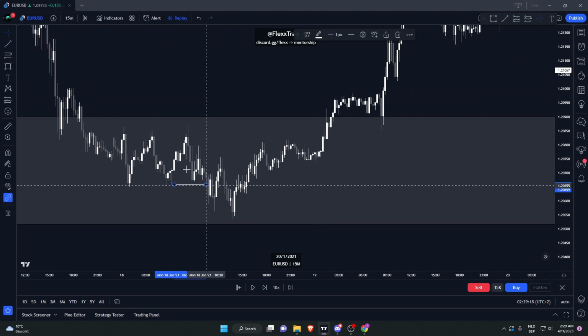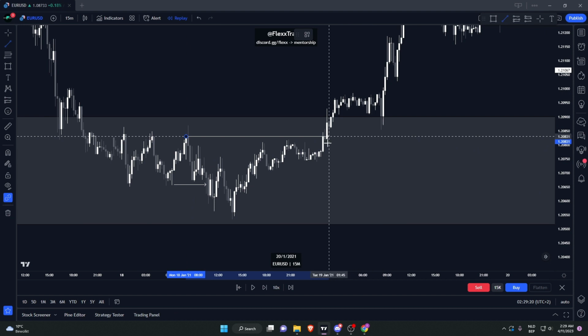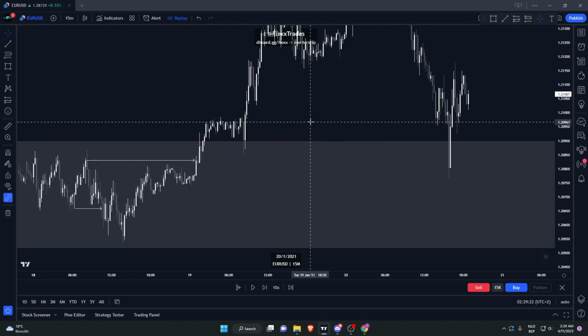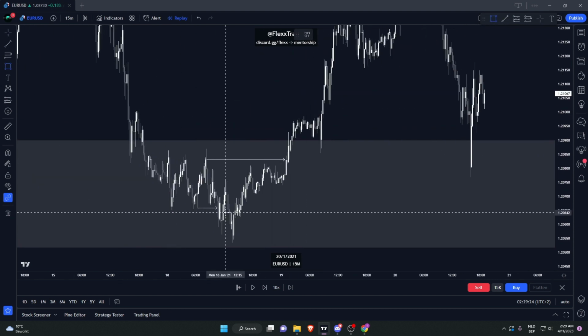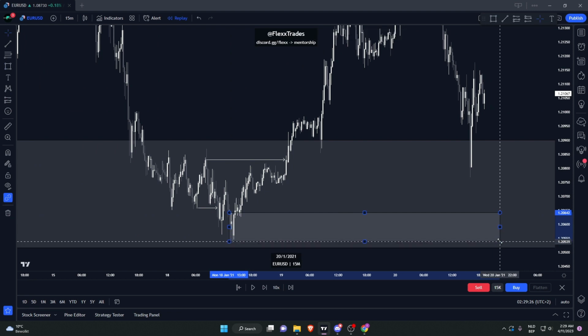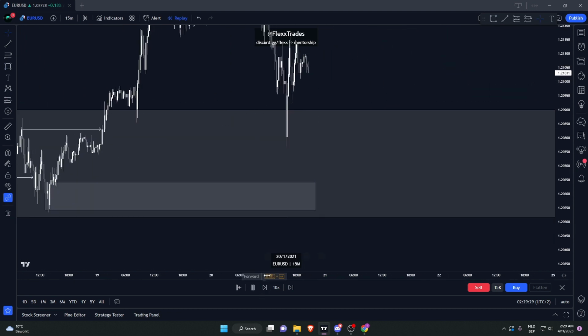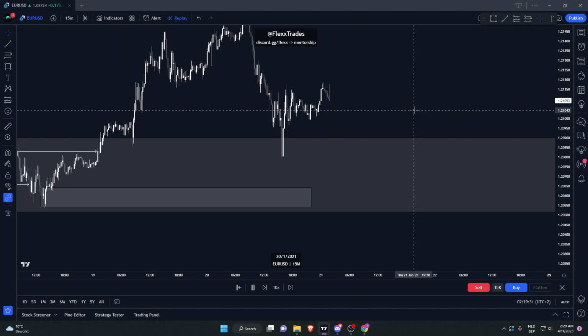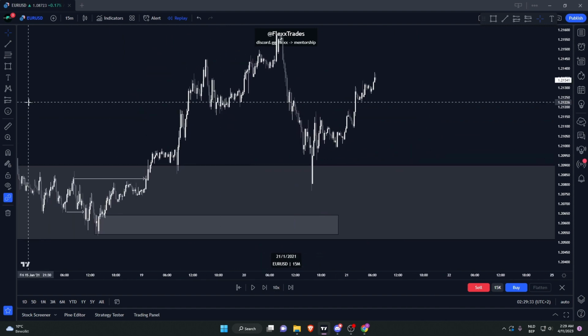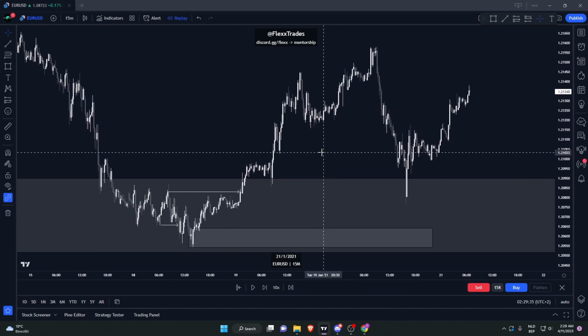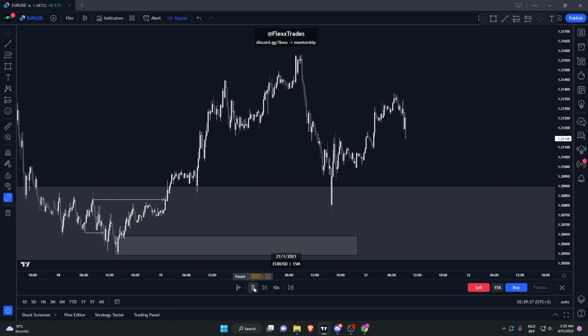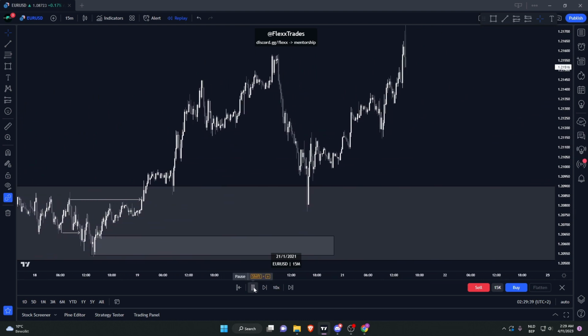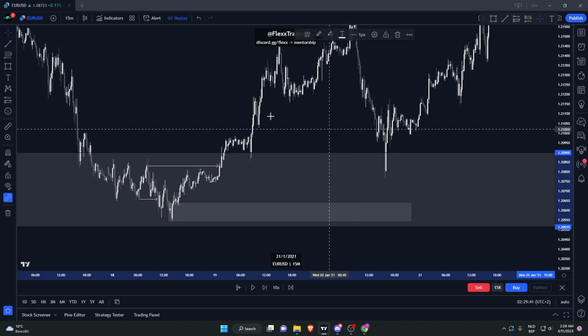I'm pre-running this course, but that's not a problem. I'll just show slowly. You had that change of character flip right there. Do you ever get a retest? You don't really get a retest yet, but let's see if you do ever get a retest. Essentially on the 1 minute, you probably could have caught an entry right there. I can't go in the 1 minute here because TradingView won't let me go there. But as you guys will see, it just shows that your zone was very, very valid,